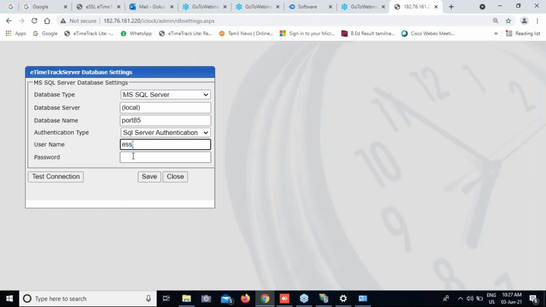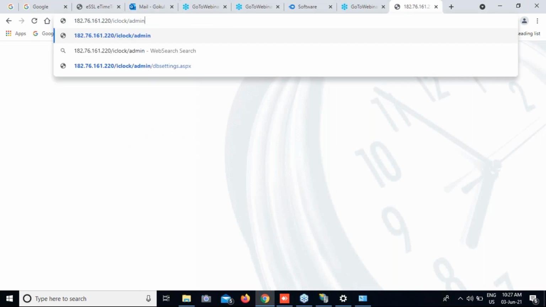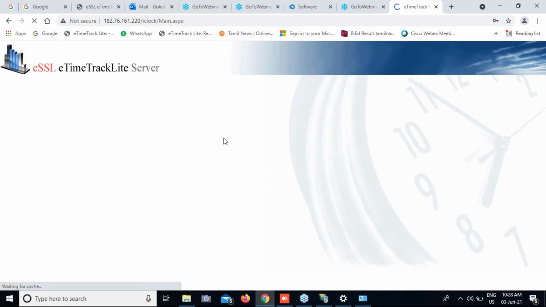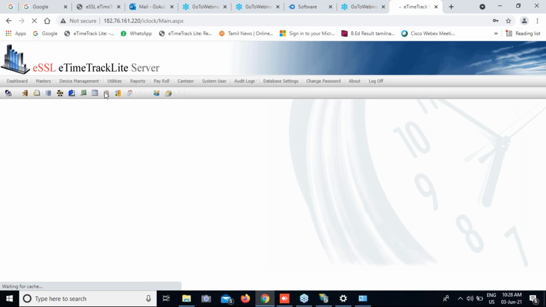Now I have already connected that previously. So this is the ESSL application password. I have logged in now. Now I'm going to explain step by step all the features and options, everything.